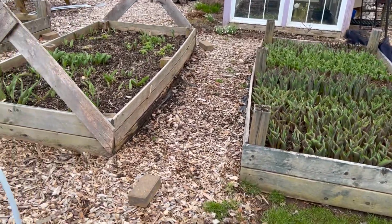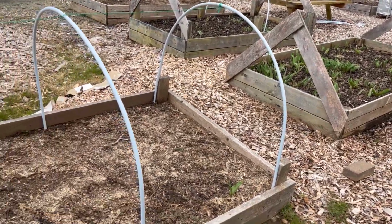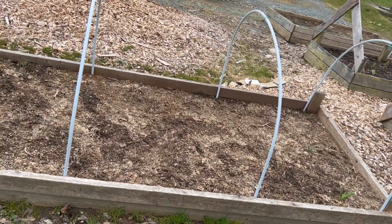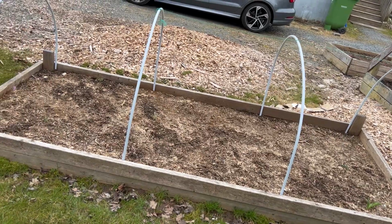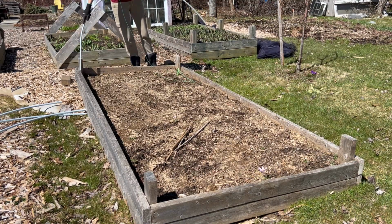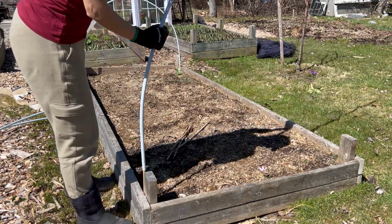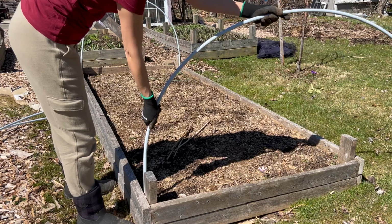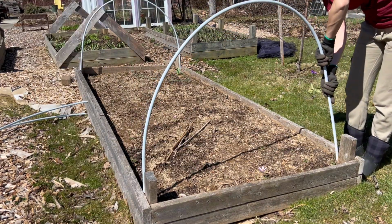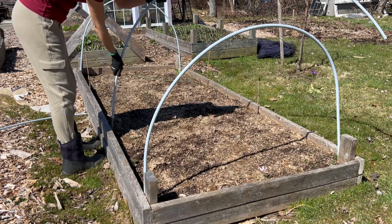Now right behind this tulip bed, see, I have 4 raised beds in a row right there, and then I have a slightly bigger one. This one is going to house my ranunculus, and I built a little hoop over these yesterday. And this is probably the simplest hoop you could build. It's simply a piece of a bamboo cane and some PVC pipe from the hardware store. I think a 100-foot roll of this was maybe $40 some,